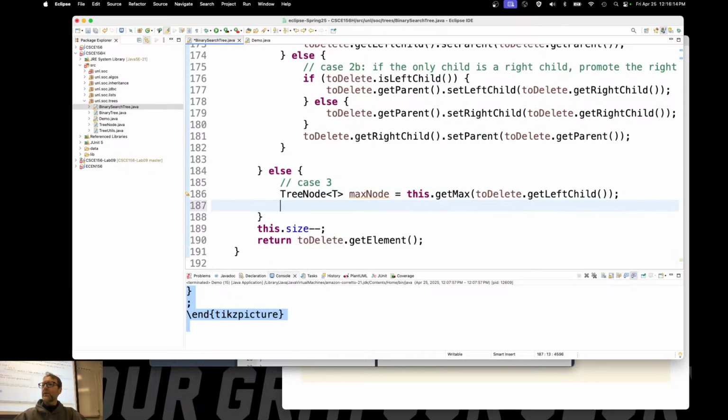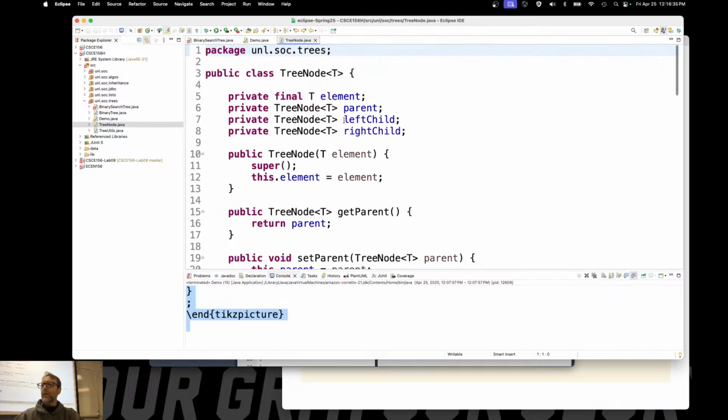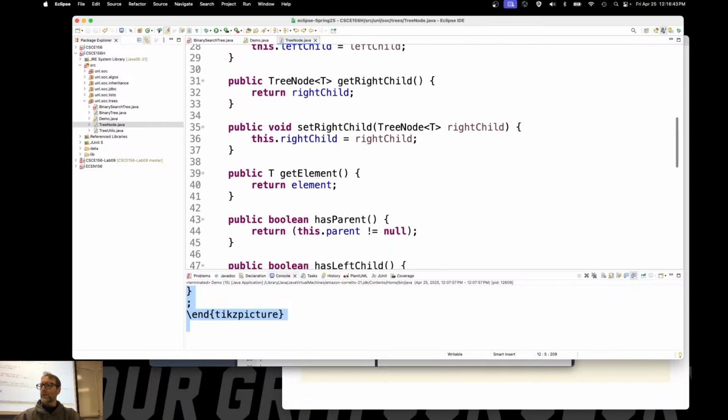So how do we do this? We've already found the maximum node. toDelete dot set element to max node's dot get element. That'd be the most convenient thing. And now maybe you have an argument for making this a little bit less than immutable, right? So now you can say get, where's the get element? I want it right next to each other. Get element,